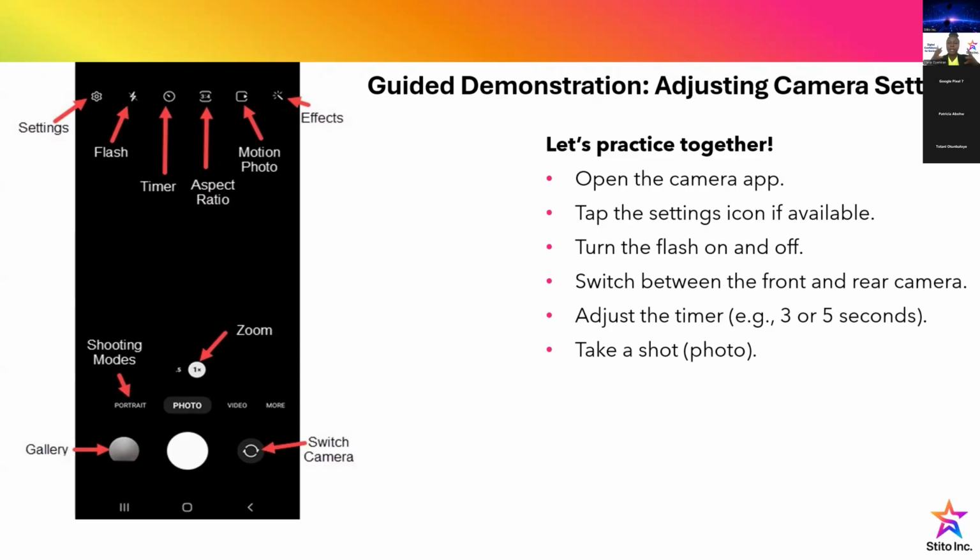Aspect ratio is how big, how wide, how high, how tall our images could be. You can set it as well in the settings. Motion picture, you can set if you want to do slow motion or some other effects. And it's on our phone, on our device. All these things are there. There's no real magic like that. We have to participate to get the best out of these gadgets. Effects are there. Then we have portraits, we have photo, we have video, we have more things on our phones. You can see it in this gadget.